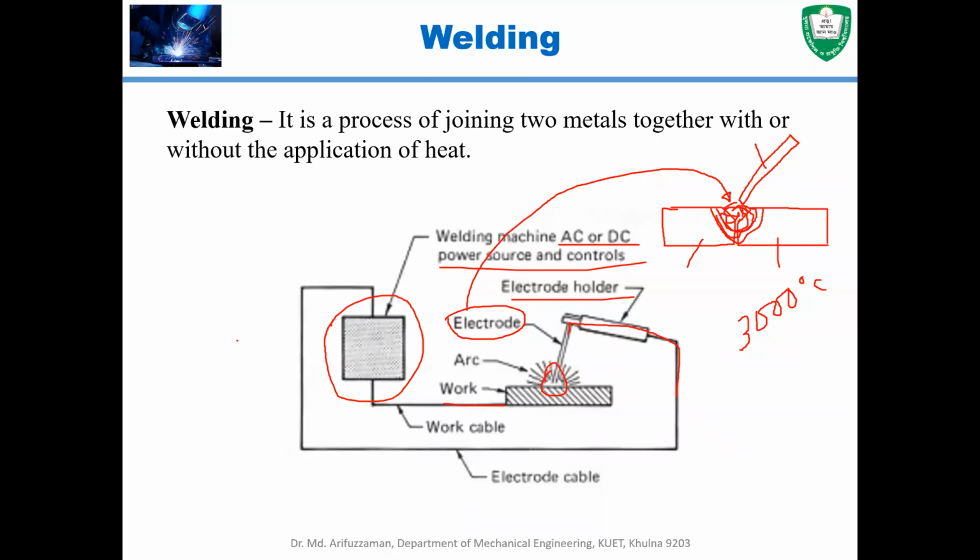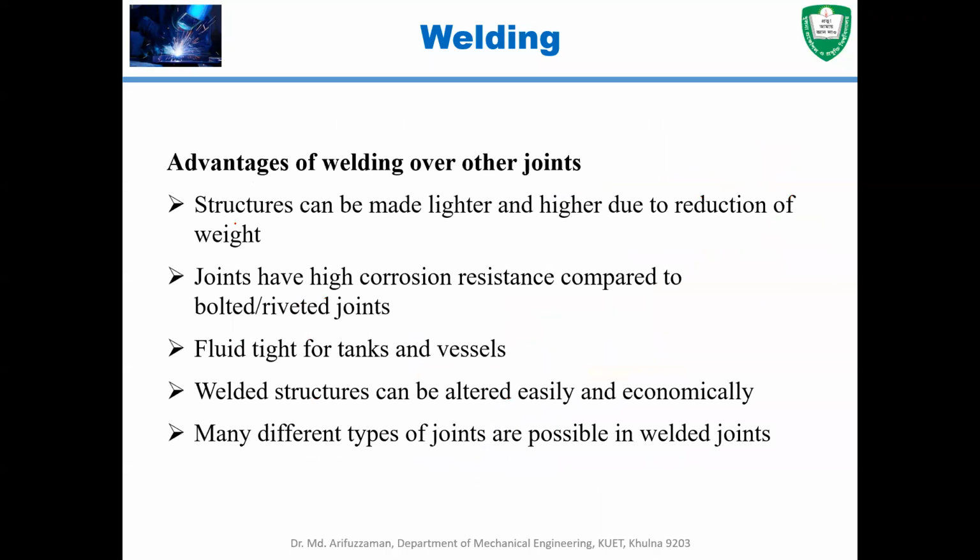No, sir. All right. So what are the advantages of welding over other joints? There can be many other joining methods, like bolted joints, soldering, or brazing. But the major other joining method that we can consider is the bolted joint. If we compare the welding joint with the bolted joint, there are several advantages of welding over those other joints. First of all,